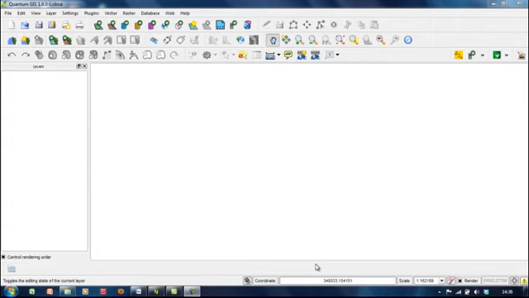Welcome to Practical 5 on how to use Quantum GIS. In this practical, we're going to be loading in census data that we've downloaded from the UK data service in comma separated value format, and also map boundary data that we've also downloaded from the UK data service. And then we're going to learn how we can join the two data sets together, make the data usable, and then map the data. So the first thing we're going to do is to add the data to the software